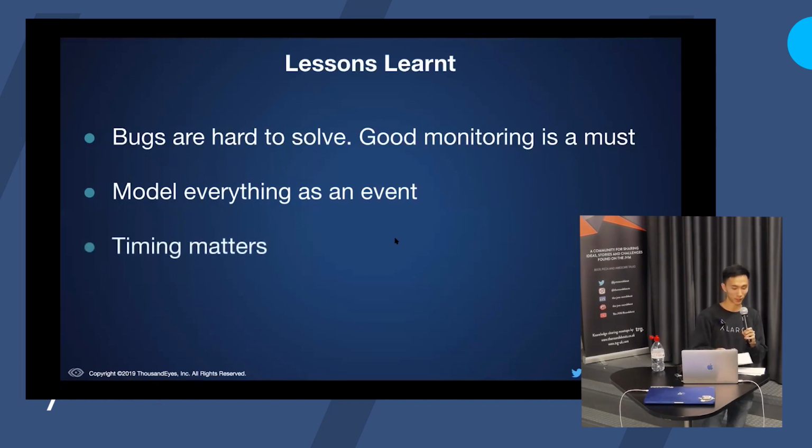Of course, if everything is asynchronous, then timing also matters. We had a few weird issues where caches were being populated in an upstream service, but the thing downstream wasn't warming up its cache quickly enough. So when a message got pushed through, the right thing didn't happen because the cache on the downstream server wasn't warm, and so it didn't produce the right result. So again, with asynchronous systems in general, timing is a big factor. And for us, again, it was down to monitoring and good operational excellence that allowed us to figure out what the problems were.